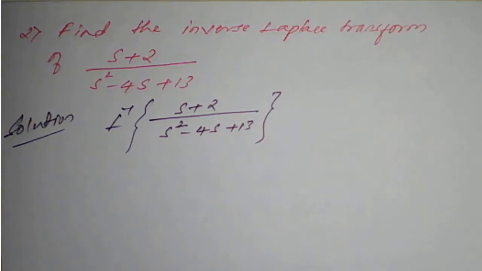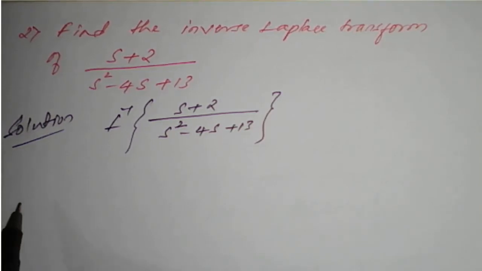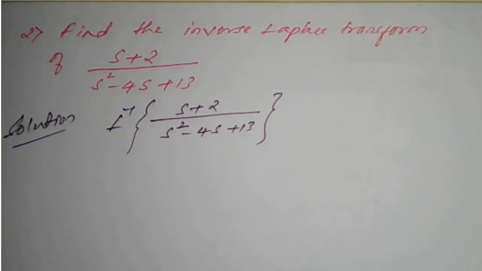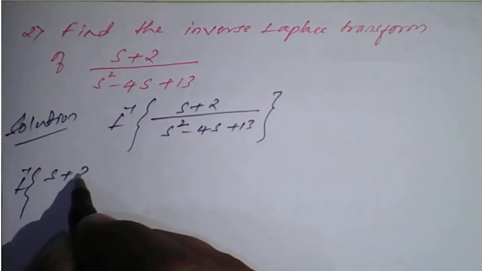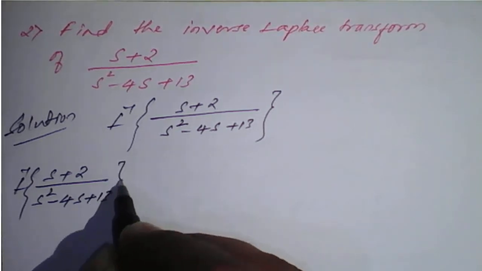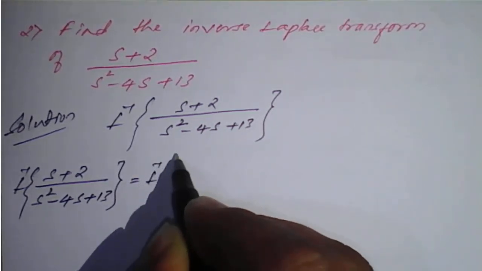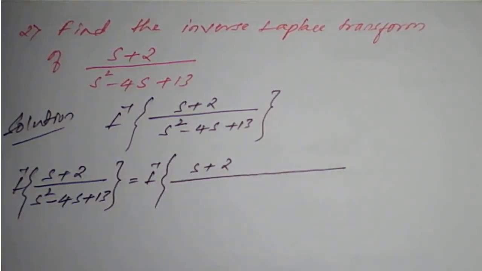So we'll simplify this first again. The denominator is not of any of the standard forms, so we'll make an arrangement for this, then we'll apply the inverse Laplace transform. So now, the inverse Laplace transform of s plus 2 divided by s square minus 4s plus 30 is nothing but the inverse Laplace transform of s plus 2 divided by, the numerator we'll keep as it is,